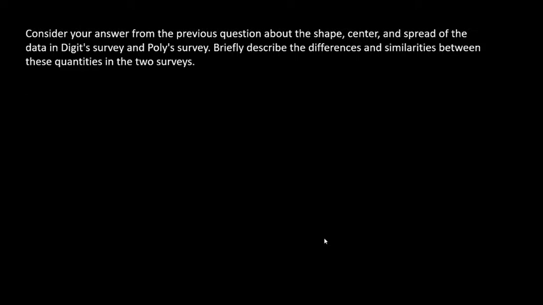Next, consider your answer from the previous question about the shape, center, and spread of the data. Briefly describe the differences and similarities between these two quantities in the two surveys. I would just refer back to question 1 and kind of discuss the box and whisker plot. Use that as your guideline as far as describing the surveys. The range isn't as critical. Although the ranges of the two surveys are slightly different, I would, again, as they've said,